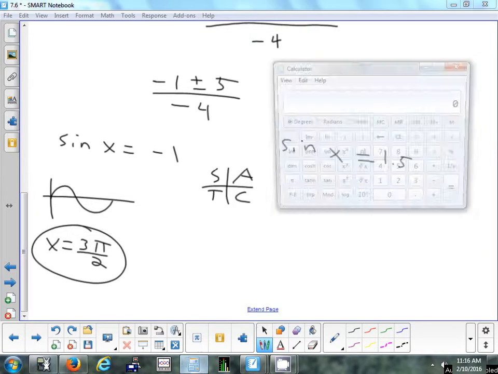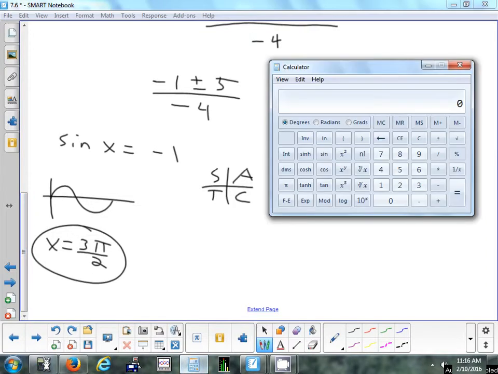If you did this on your calculator, it's not going to give you 3 pi over 2. What do you think it would give me if I press inverse and then sine? It's going to do it in degrees, first of all, but it's going to be a nice answer, but it's not going to be 3 pi over 2. This is 270. So that's the answer that I want, but it's not what my calculator would give me. My calculator would give me